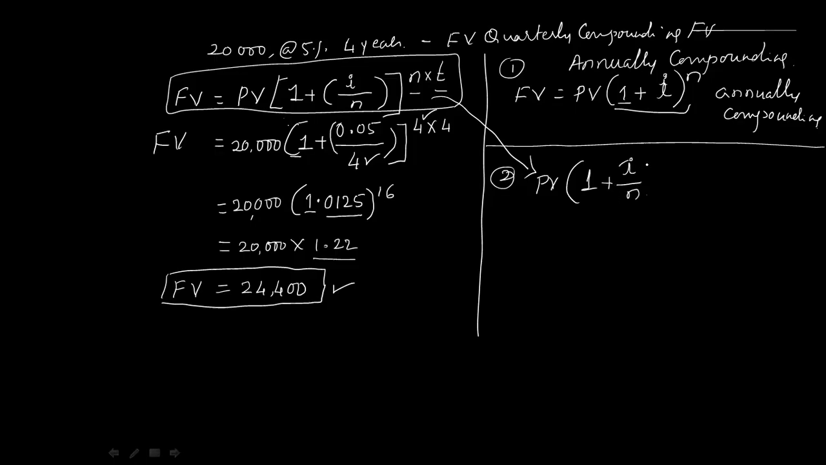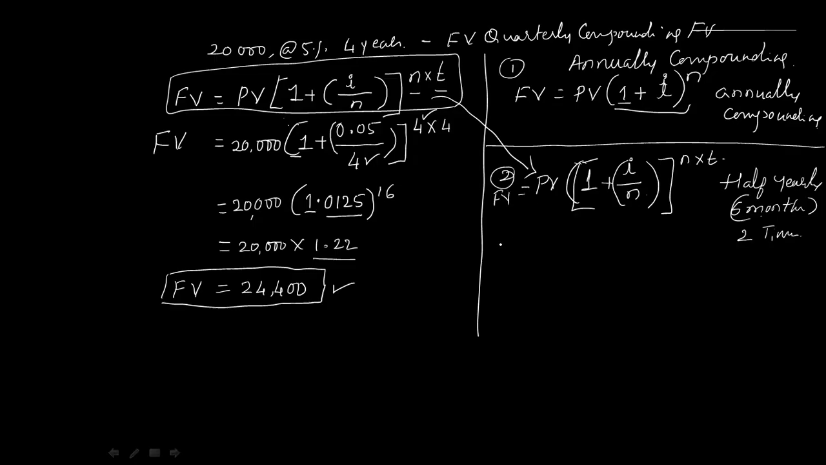Complete the bracket, and n into t. So if it is half yearly compounding, half yearly in the sense of 6 months compounding. For every 6 months, the interest is going to be compounded. How many 6 months are there in a year? Only 2 times. That's why here,